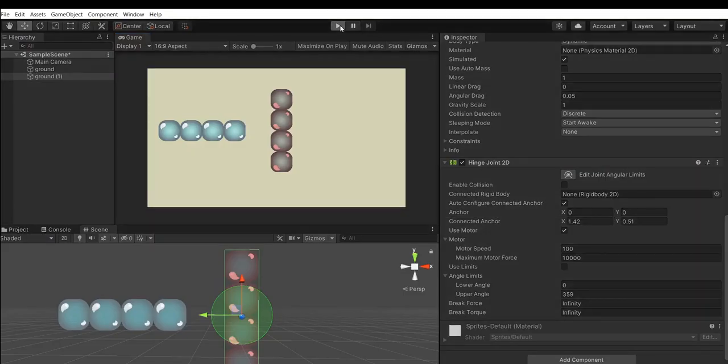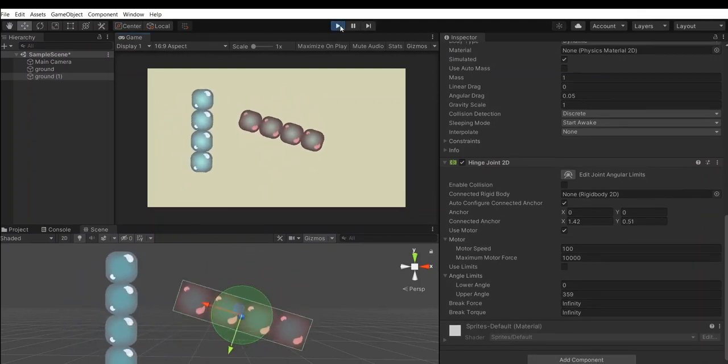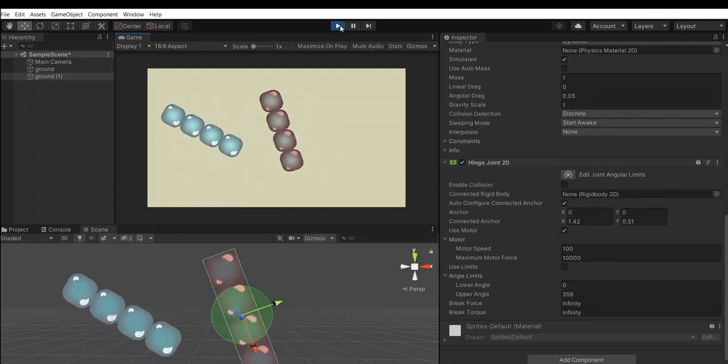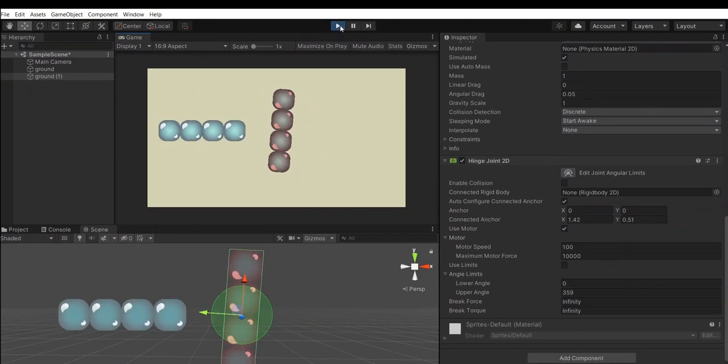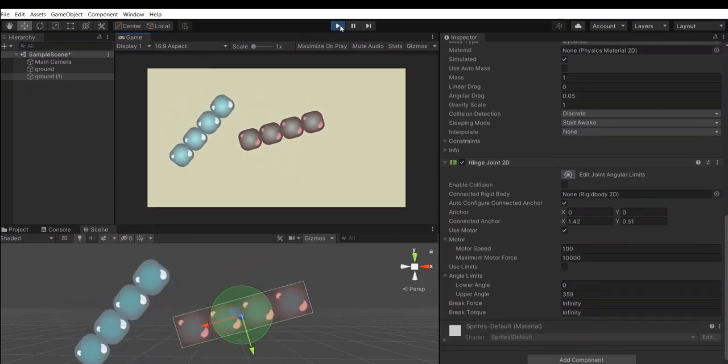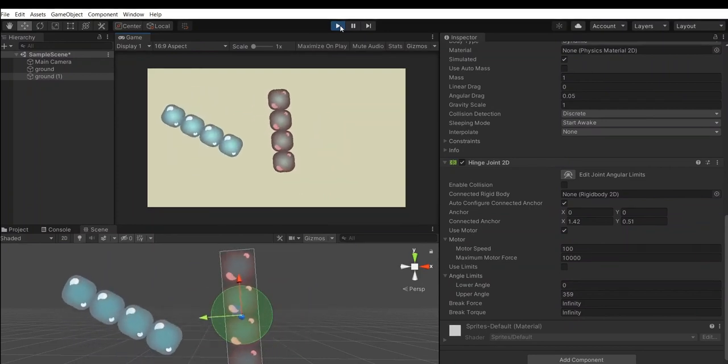This is a rotation movement with no limit in rotation angle. Different from the previous ones, now you can use a motor if you want the object to keep moving. The example here is a representation of non-limited rotation angle. Both objects have a hinge joint 2D. The red object uses a motor, but the blue does not, so when starting to run the game, the blue doesn't move.